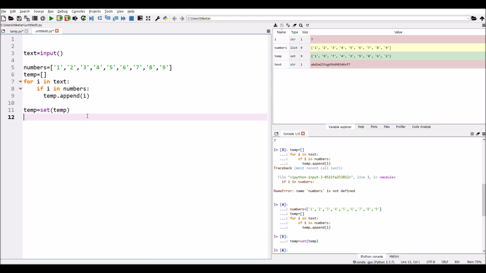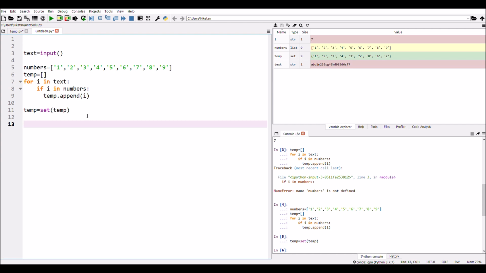Now, how can we confirm that all the numbers from 1 to 9 are present in the temp? As we know that there are only nine numbers, if the length of the temp is 9, we can confirm that all the numbers from 1 to 9 are present in the temp.